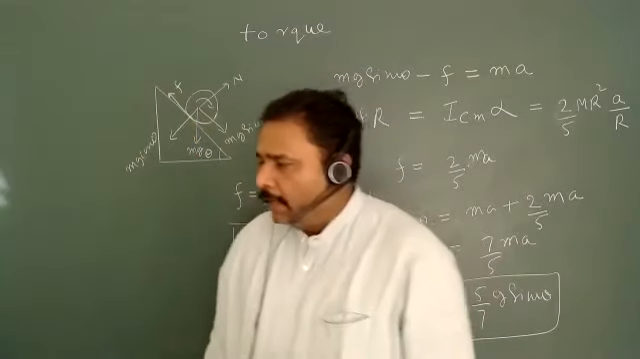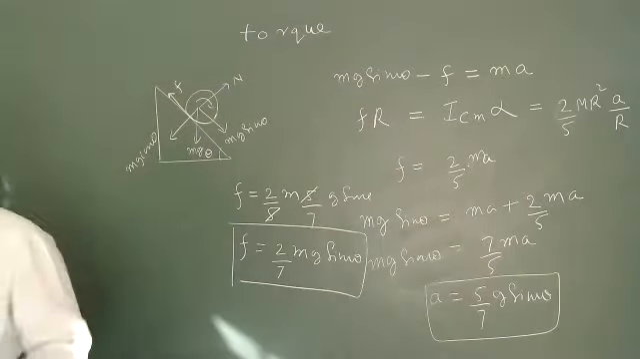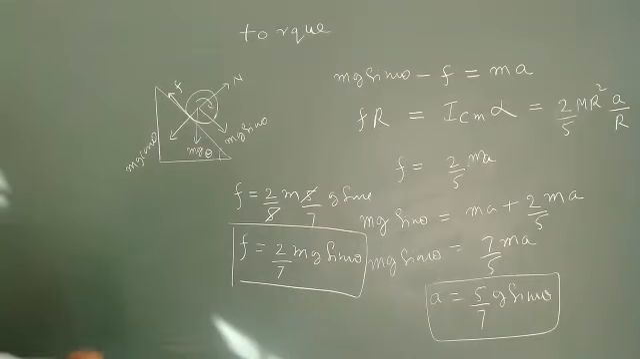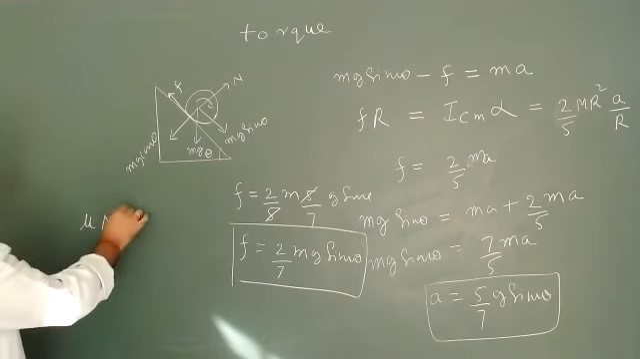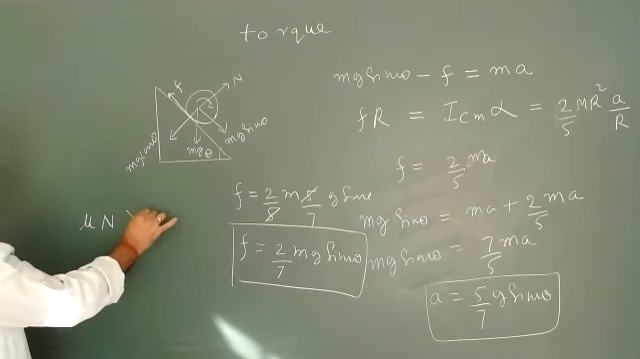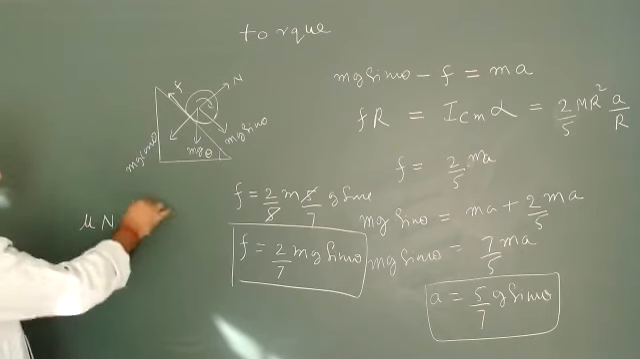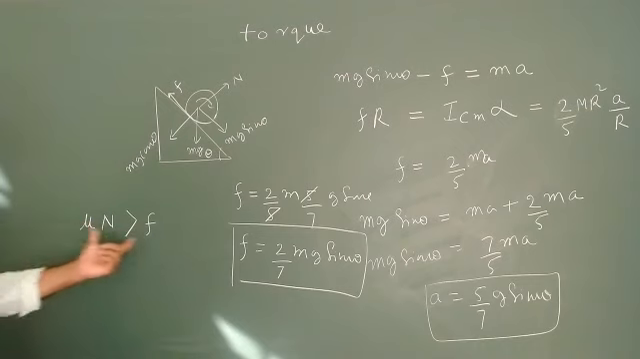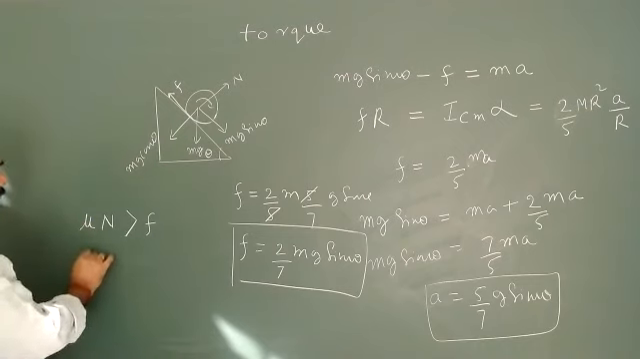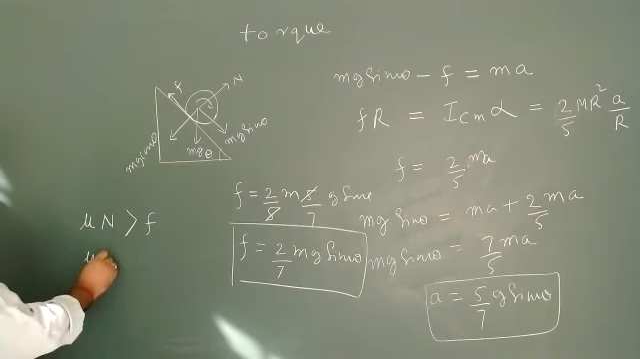And what will be the range of the static friction? Obviously, the static coefficient mu into N should be the maximum static friction. That value must be greater than whatever friction we have. This is the limiting case we have. So mu into N, where N is nothing